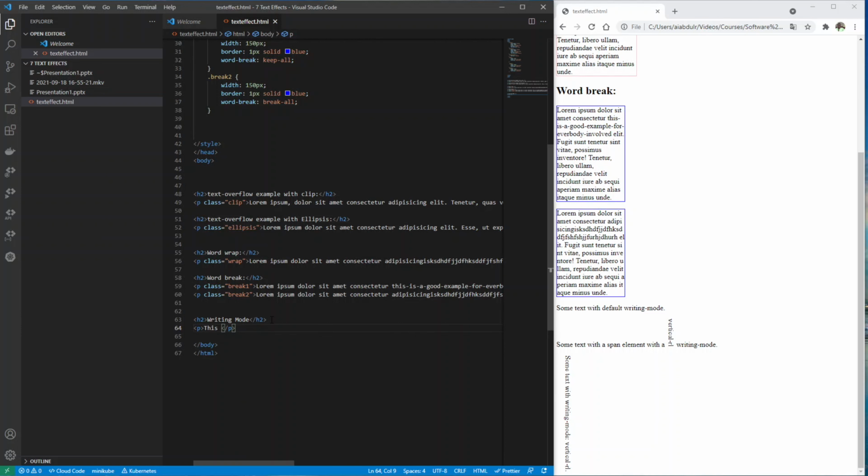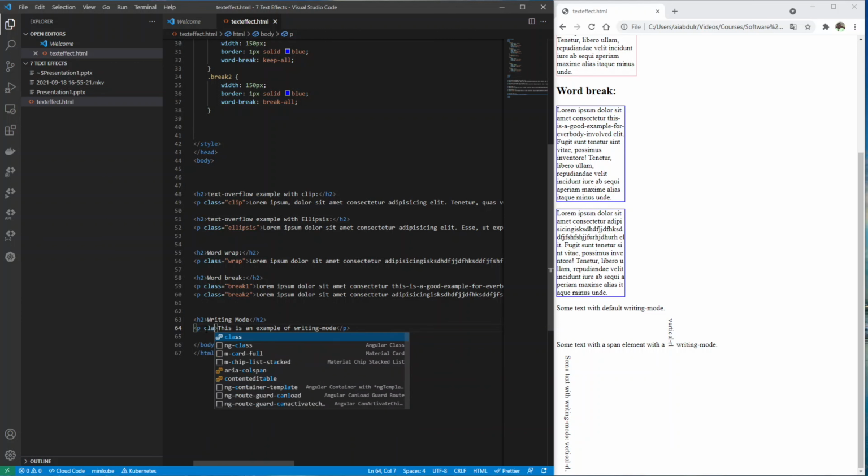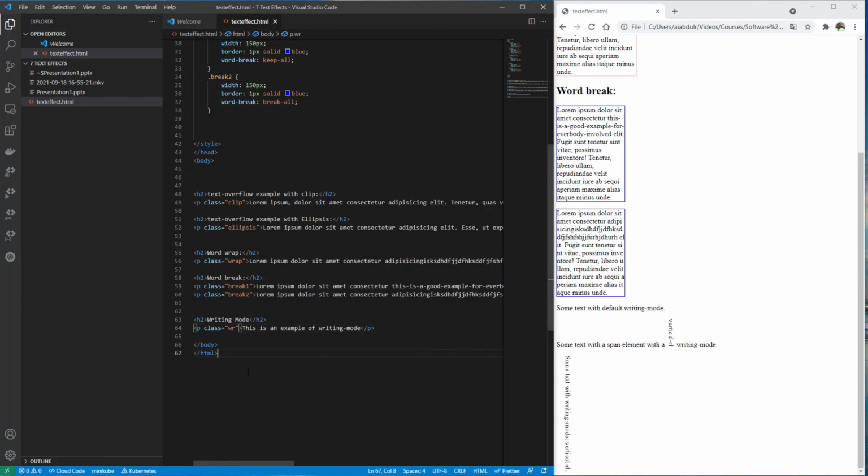This is an example of writing mode. Okay. And then I'm going to have a class for this. I'm just going to say WR. Okay. So now when I come to the styling,